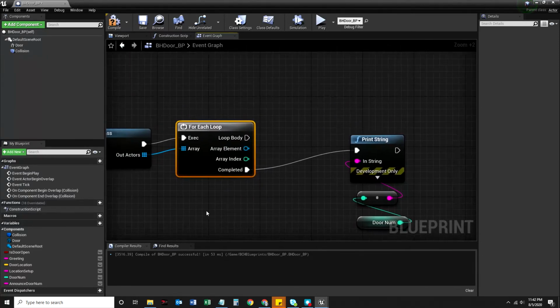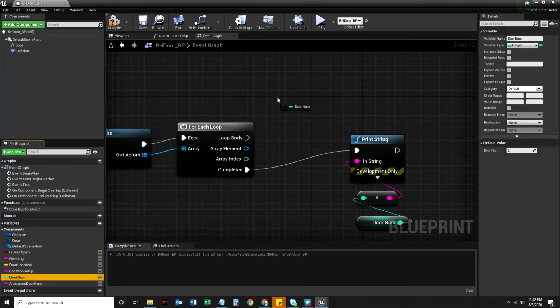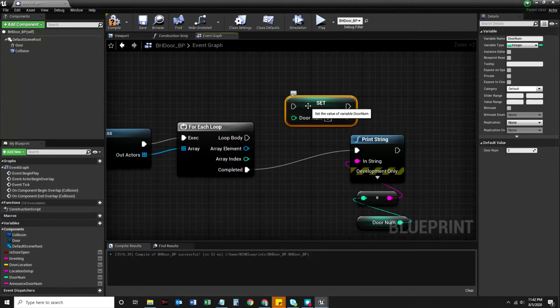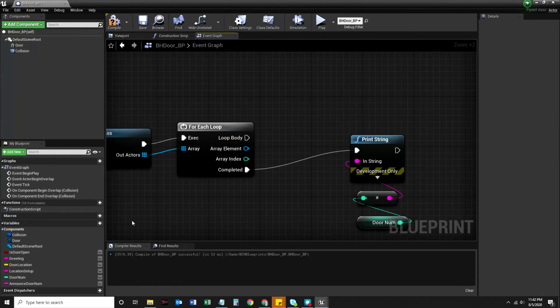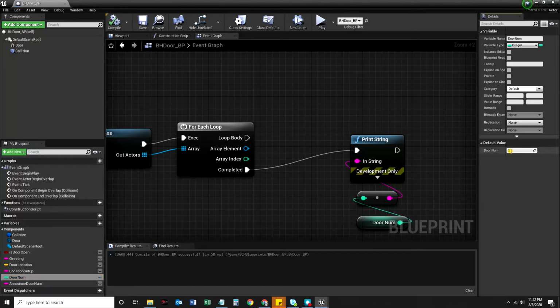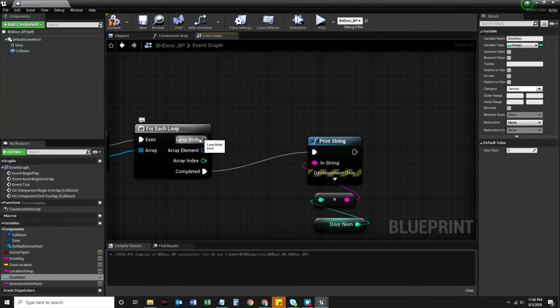I want it to add to the number of doors. Oops. I want to say, you know what? Door num equals door num plus 1. So I'm going to actually compile this. Whoops. I'm going to click door num and set it to 0. Let's pretend there aren't any doors here. The number is 0. So after it goes to the first